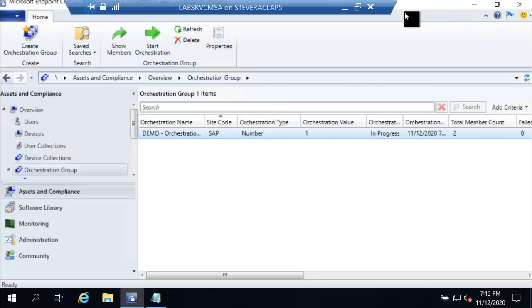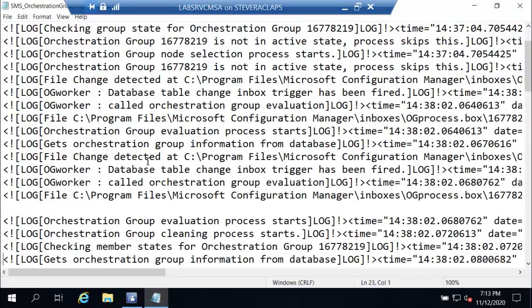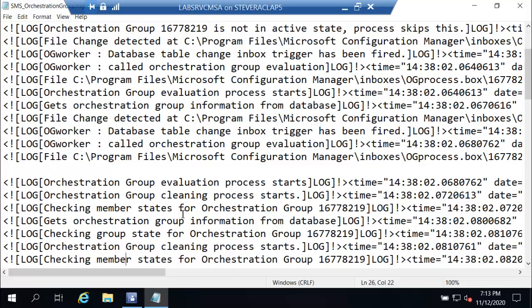And because there were no members, when I opened the orchestration group up, it would give me the exception. So there was a modification to the stored procedure to fix that flaw. And then I can open it like normal. Okay,